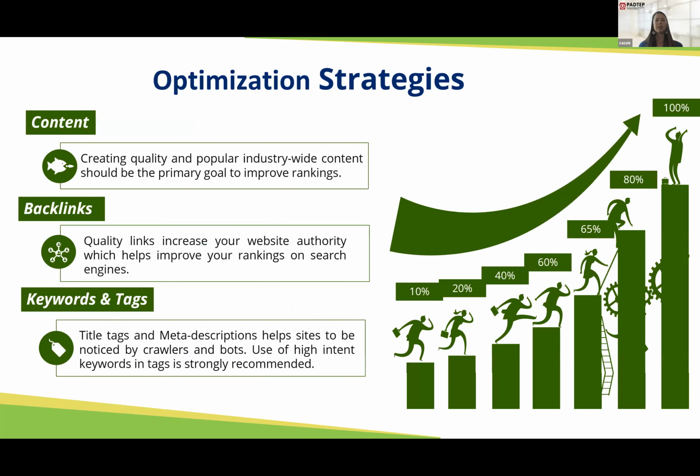So now that we know what SEO is and how a search engine works, let's talk about a few ways that you can optimize your website. So what are a few ways you can increase your SEO score? One way that you can optimize your site is by writing quality content. So making sure that you keep up with trends in your industry so as to write content that caters to what your customers are searching for online is important.